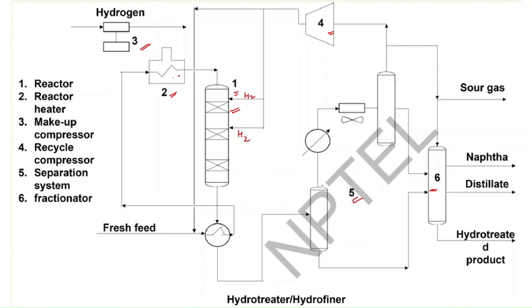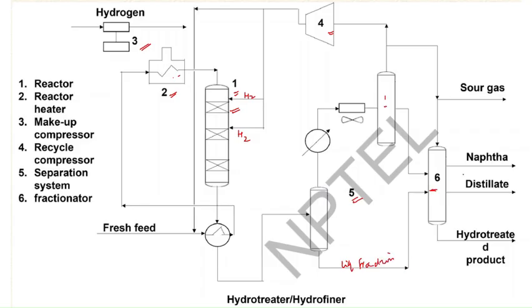In the separator, the hydrogen-rich gas stream will be given off, and if some amount of hydrogen is also present here, it will be given off to the makeup hydrogen unit. And the liquid fraction from the separator system